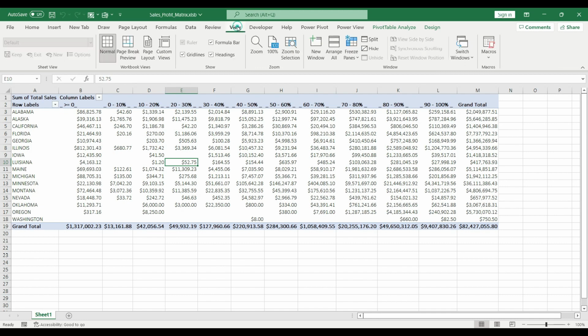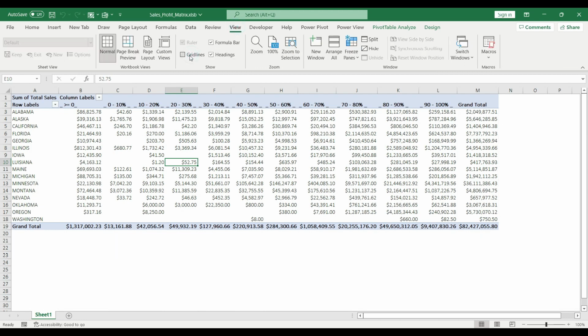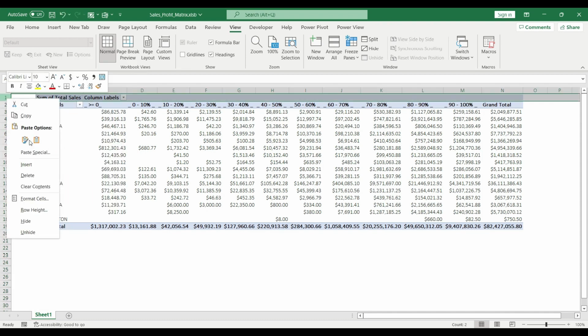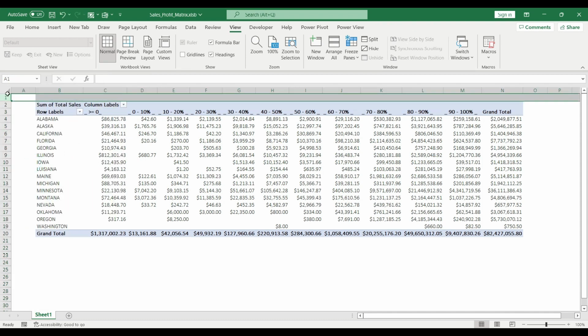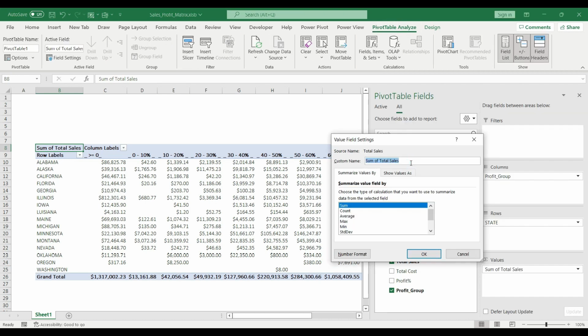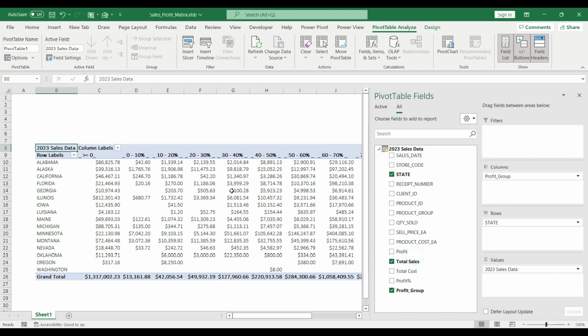First I go to the View tab, I'm going to remove the grid lines, and let's insert some rows and columns to make some place for the objects I'm going to add to my dashboard. So let's open up the columns as well, say 2023 sales data, hit enter. I'm going to change this label as well, saying profit group, the row labels, US state, and as you remember we had dates assigned to our data, so we can add a filter to see the different months as well.